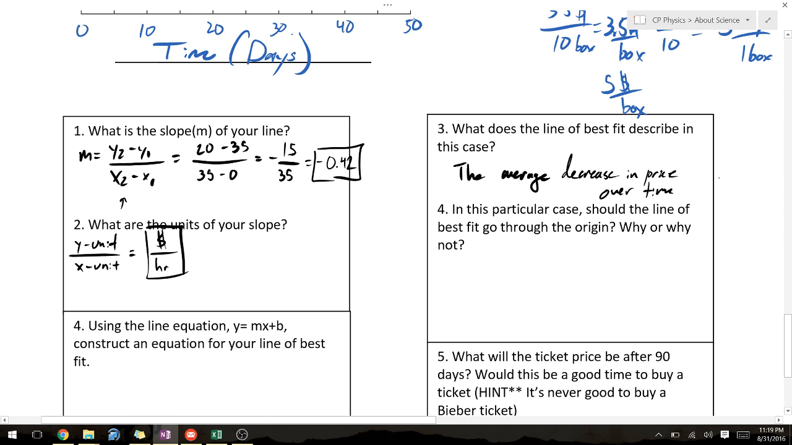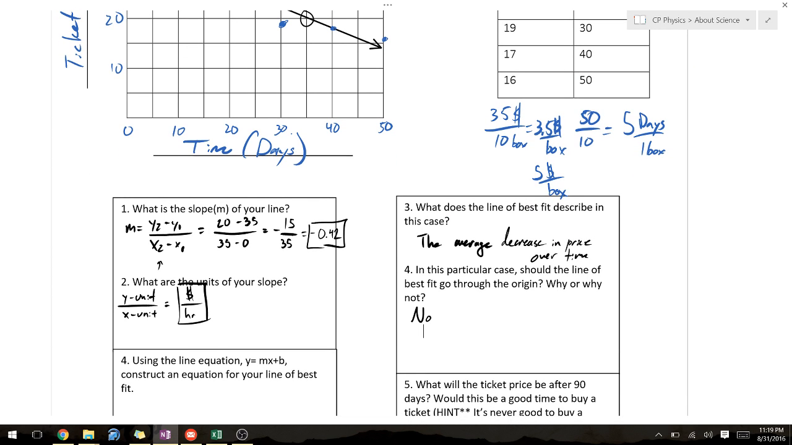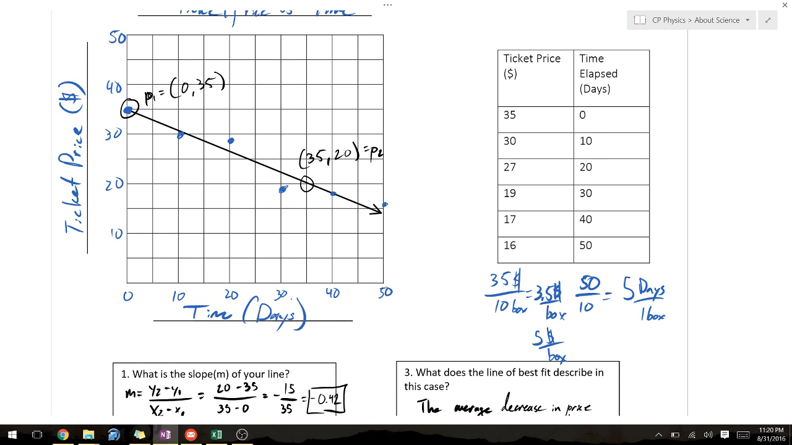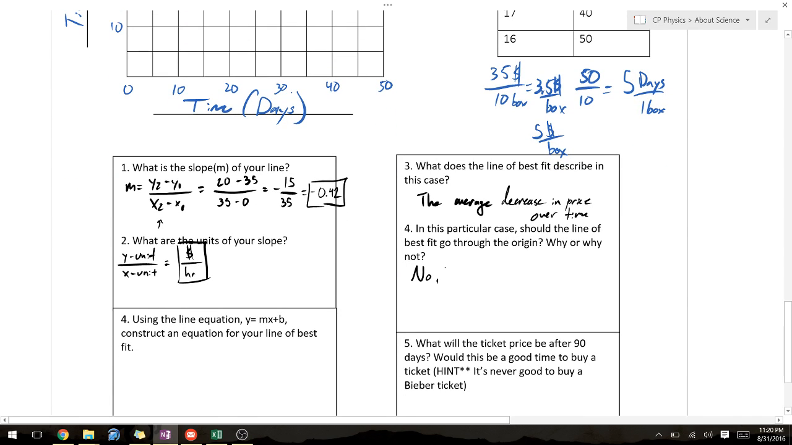Right? This question, in this particular case, should the line of best fit go through the origin? Why or why not? We're going to say no. Lines of best fit don't ever have to go through the origin. That's just a special case. If you have, for example, maybe a marathon runner running a race, it makes sense that their line of best fit would go through the origin because that would be representative of the starting point. Right? You start a race at 0 meters. You don't start ahead of the other runners. In this case, when you're selling tickets, you usually start them at more expensive prices. As time goes on, you want to sell them for a little bit cheaper sometimes, if they're not selling well. And we know with Justin Bieber, it's not going to sell too well. So no,